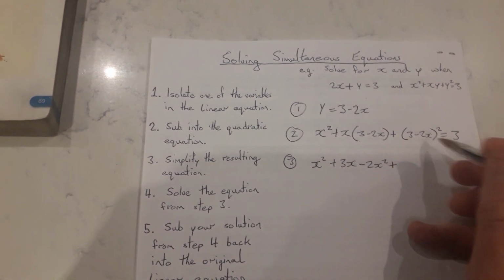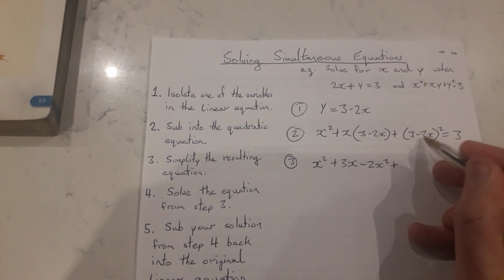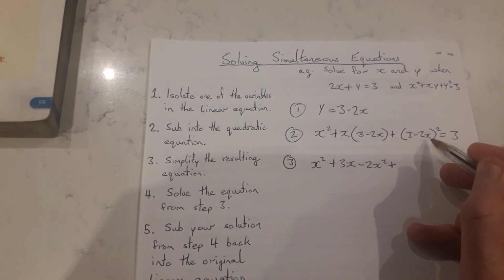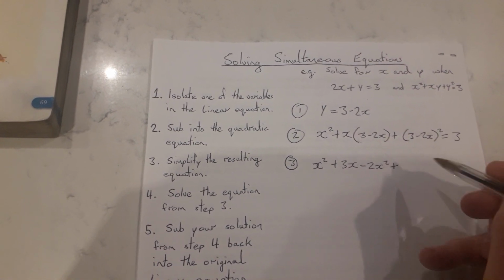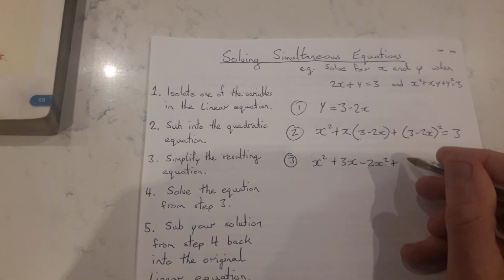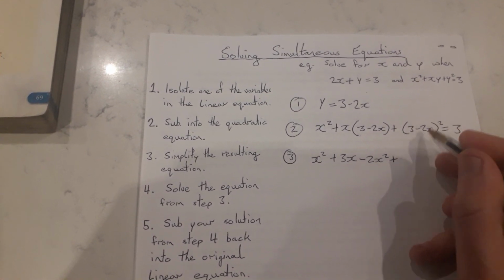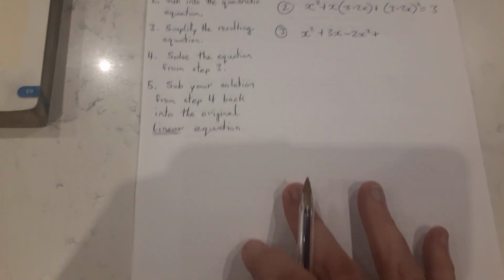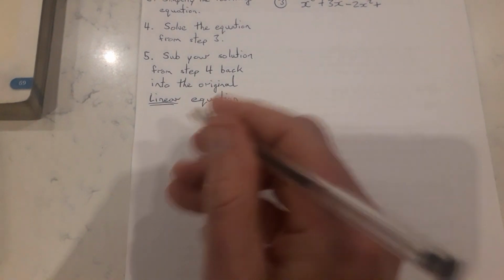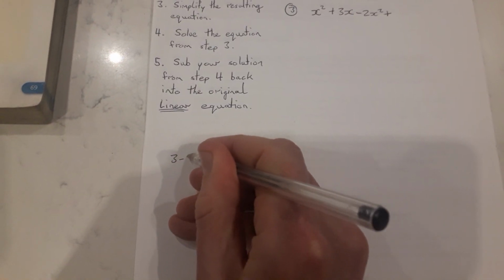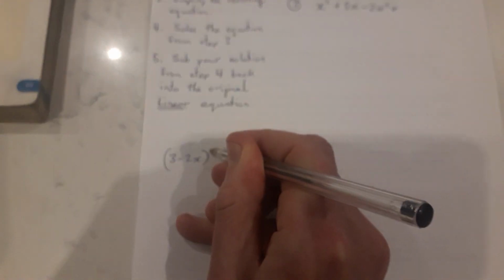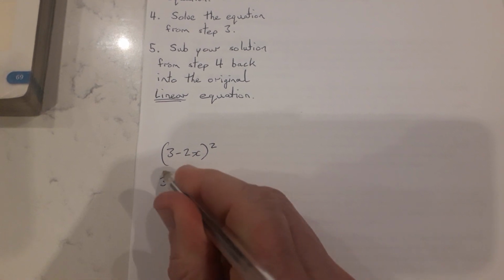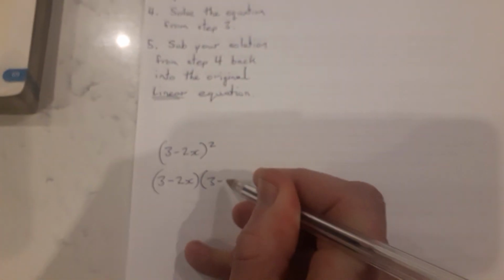And then plus, if I want to square 3 minus 2x, what I'm saying is I'm multiplying 3 minus 2x by 3 minus 2x. Now you can do that somewhere else in the page and then put your solution back in here if you wish, or you can write it all out here. I prefer to take this, multiply it at a different place in the page, and then put my solution back into that equation in a moment. So it's 3 minus 2x to be squared, and squaring that means multiplying it by itself, so that's 3 minus 2x by 3 minus 2x,